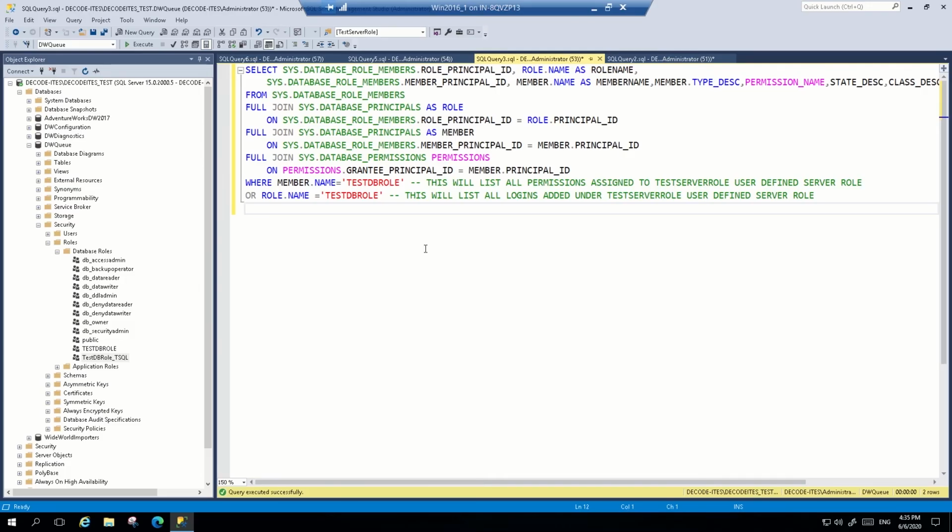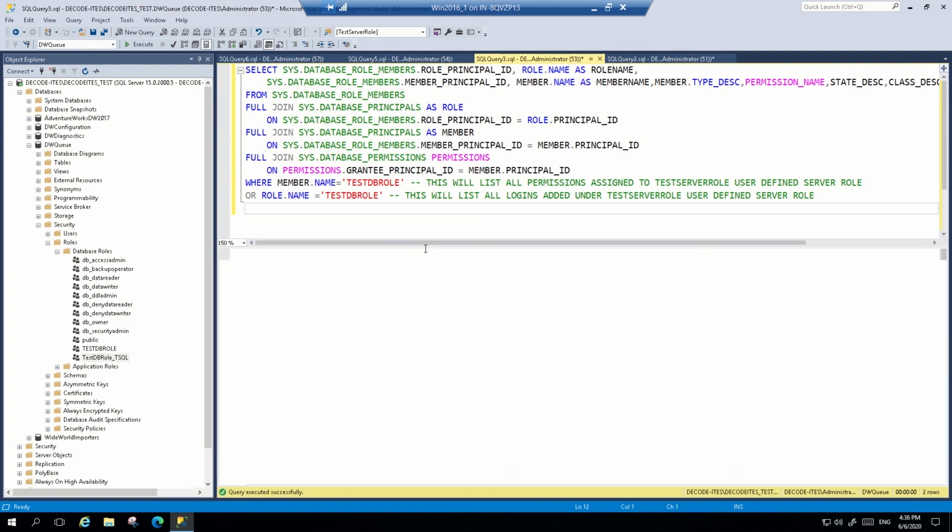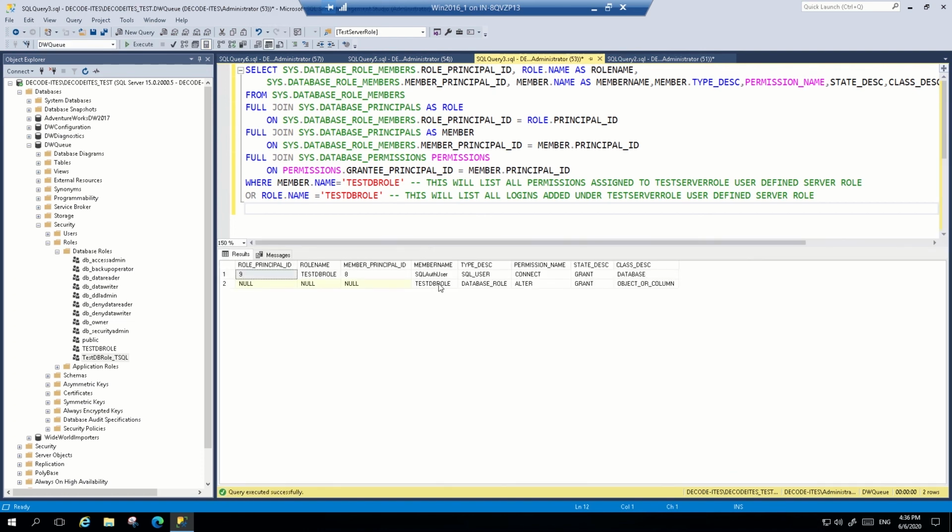We have created a database role and assigned some permissions. Now, there are many times DBAs need to review those permissions to ensure no extra permission is assigned, or they need to submit it for security review. You can use this script to list all the permissions assigned to a database role created by you. When you run it, it's saying TestDBRole has ALTER permission over one of the objects, and TestDBRole is assigned to the SQL auth user as well.